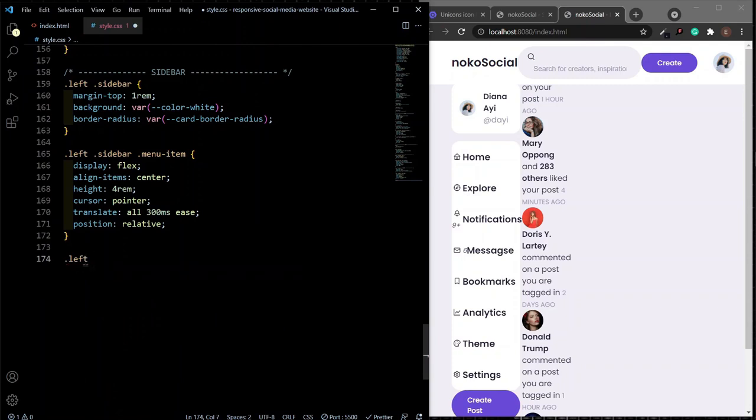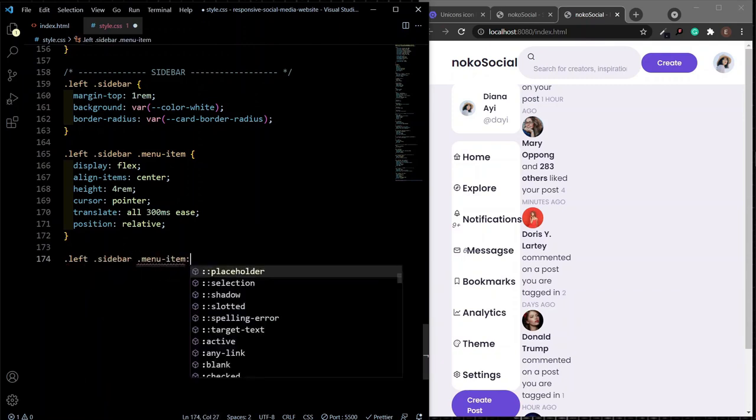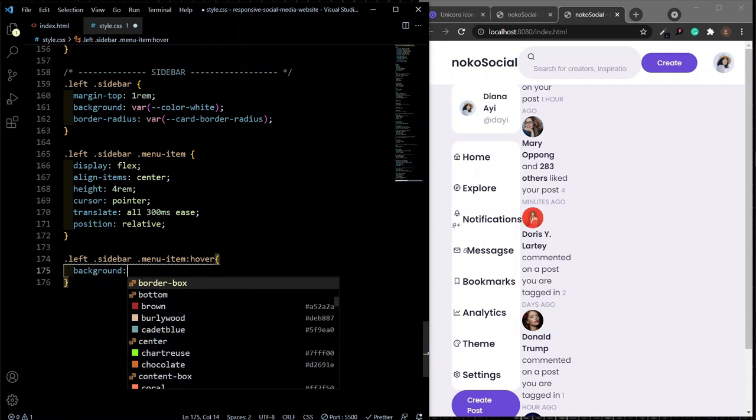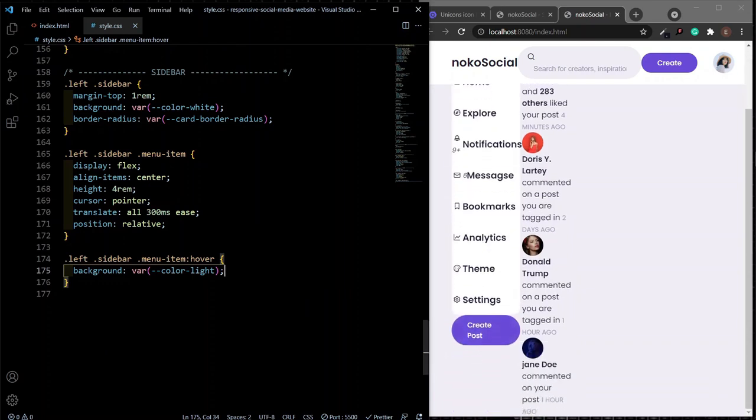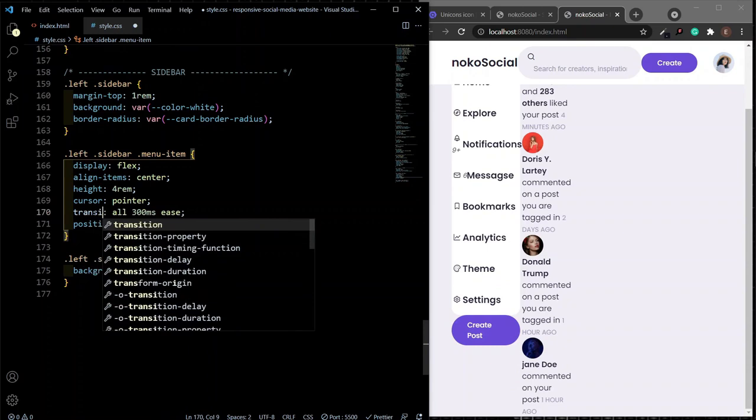So left, I'm going to have the background change to the light color. Okay, so we have the transition. Okay,